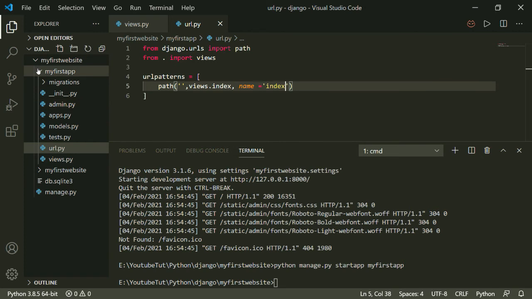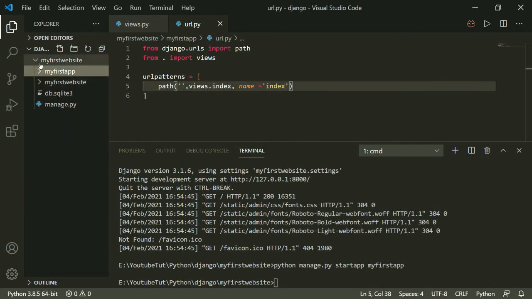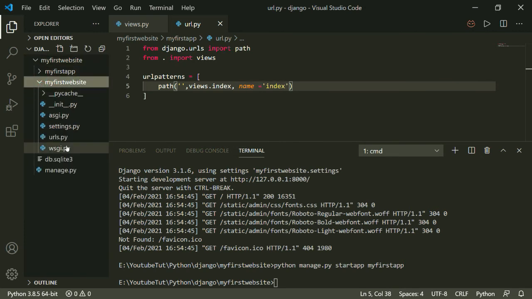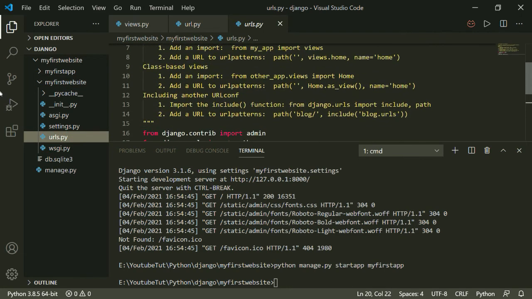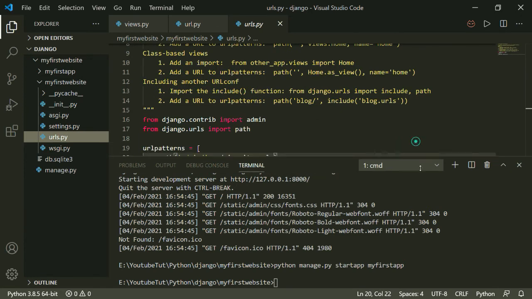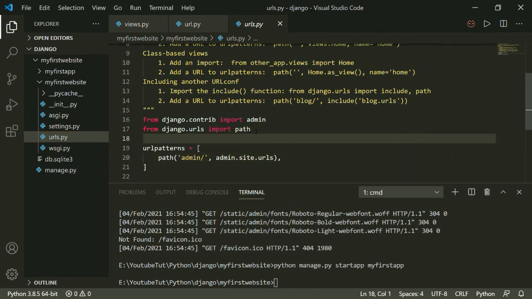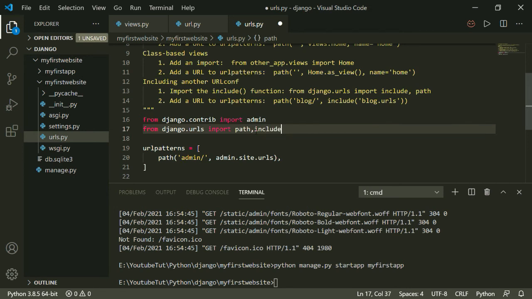Now I will close this and go to my project file, which is the project I created. I'll go into the root-level urls.py, and here I need to import those URLs which I created earlier in my application. So I will import include also.